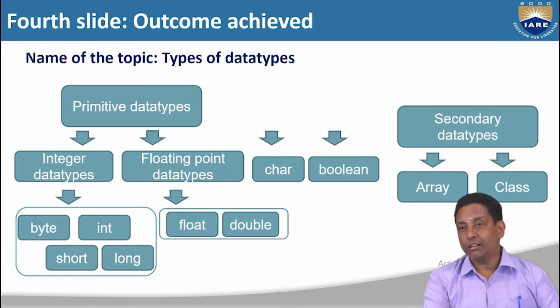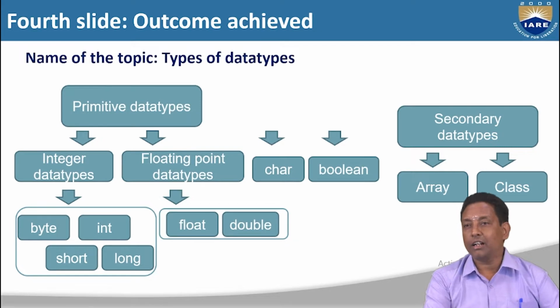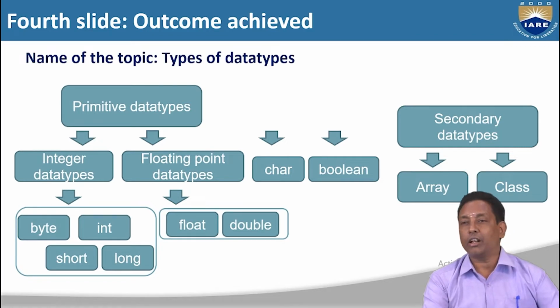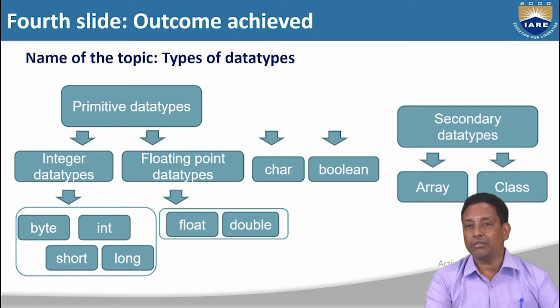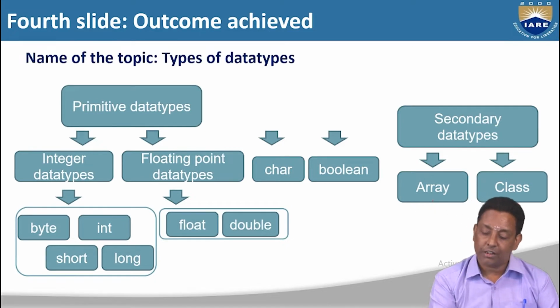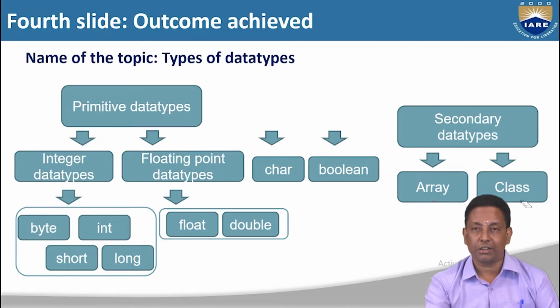And on the other side, there are secondary data types. Other than primitive data types are called secondary data types. In secondary data types, there are two types. One is array and the other one is class. Array means if you create multiple variables of homogeneous data type, the same data type, like integer. Suppose you want to declare 10 integer variables or 20 integer variables or 30 float variables, we create an array. So array and classes are secondary data types. A collection of primitive data types is an array. And a collection of primitive data types is a class, of course. So that we will discuss in the later sessions.